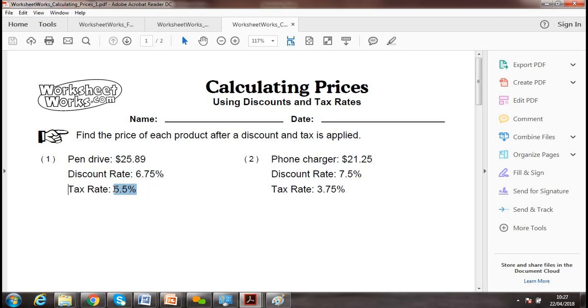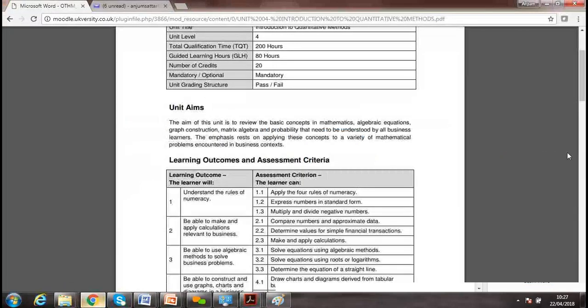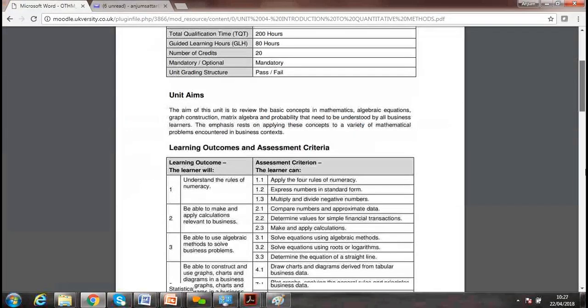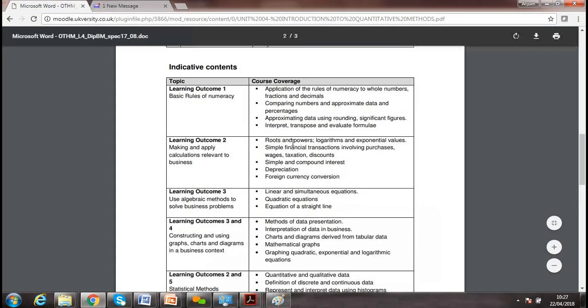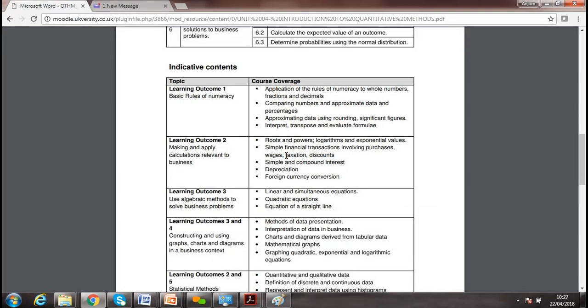Okay, so this is the way we can calculate discount and the tax rate, which is our learning outcome. If we look at what we're supposed to do today, we'll go through discount and taxes. Okay, next we are looking at